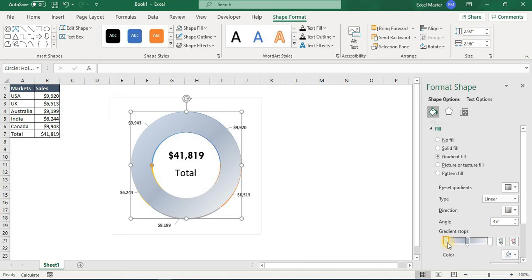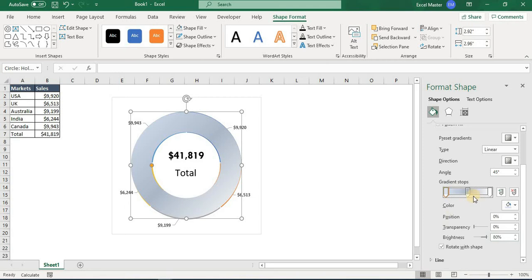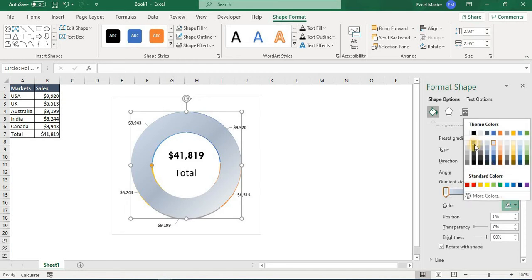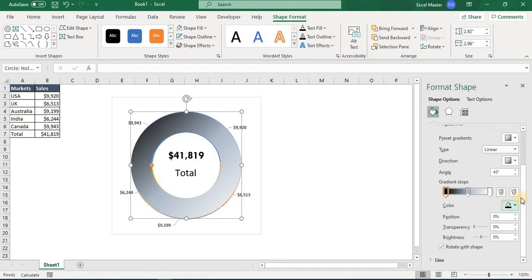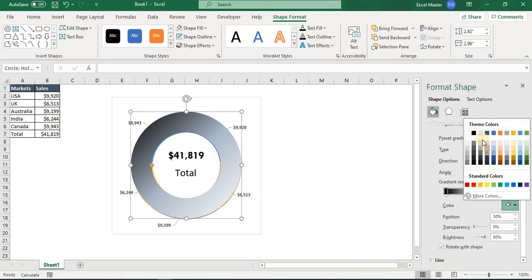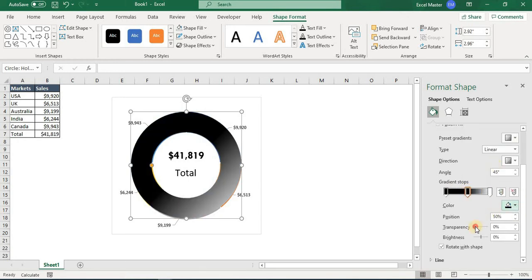There are 3 stops. The first stop will be at 0, the second stop at 50, and the third stop at 100. The first stop we will put black color. On the second stop, we will also put black color, but with transparency 100%.